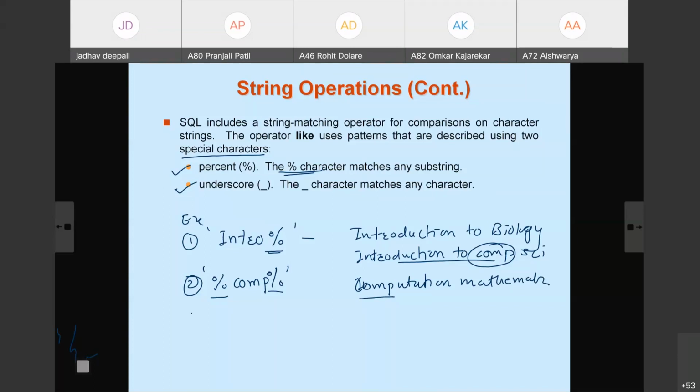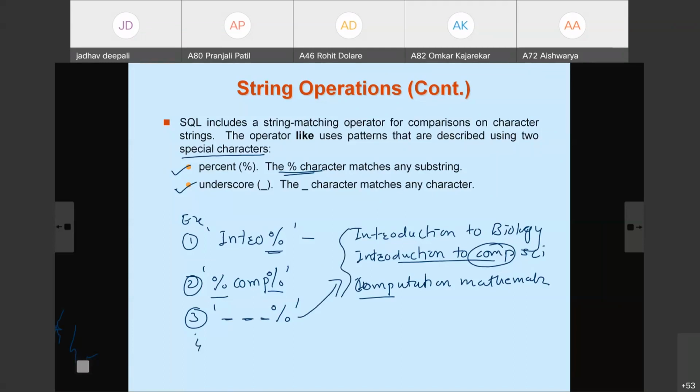Now suppose I write here percent underscore underscore underscore. It matches any string with at least 3 characters. Underscore is used to match any single character. At least 3 characters.